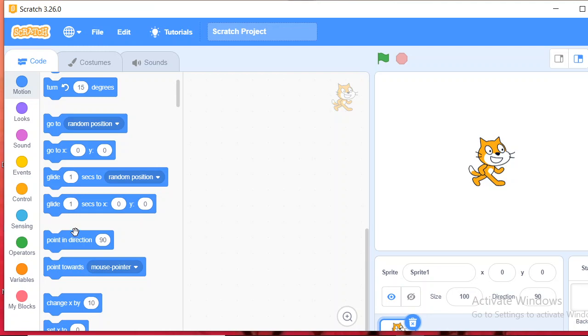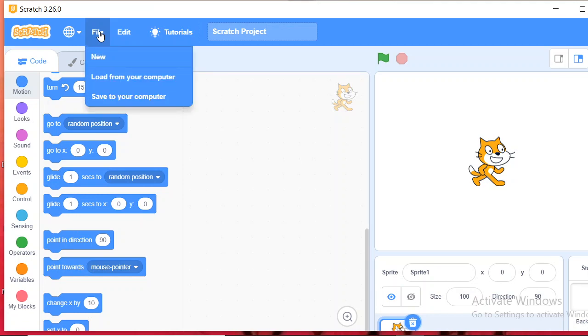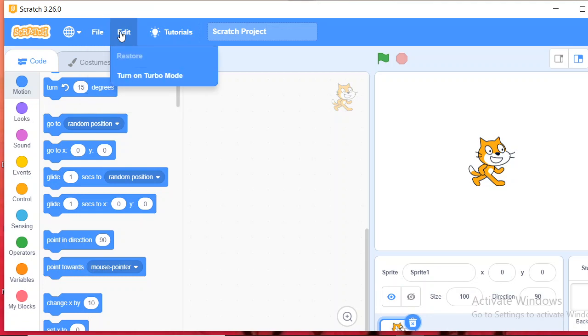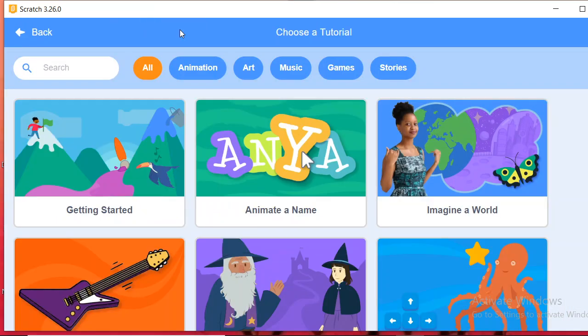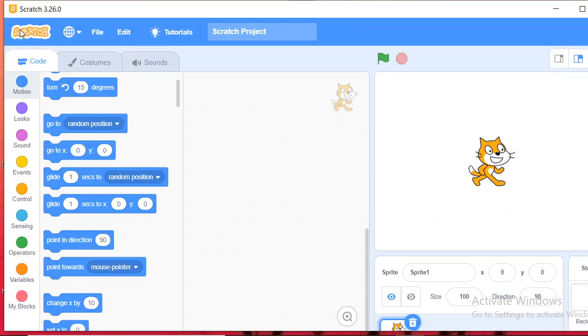And next one is file tab. When we click on file tab, for file menu we will get these three options. The same way edit menu also is there. Then next one is tutorial. Tutorial will display, if we don't know how to use these options, we will get that tutorial. Through the tutorial we can study also. That is the use of tutorials. Then next one is change the project name. These are displayed on the menu bar.